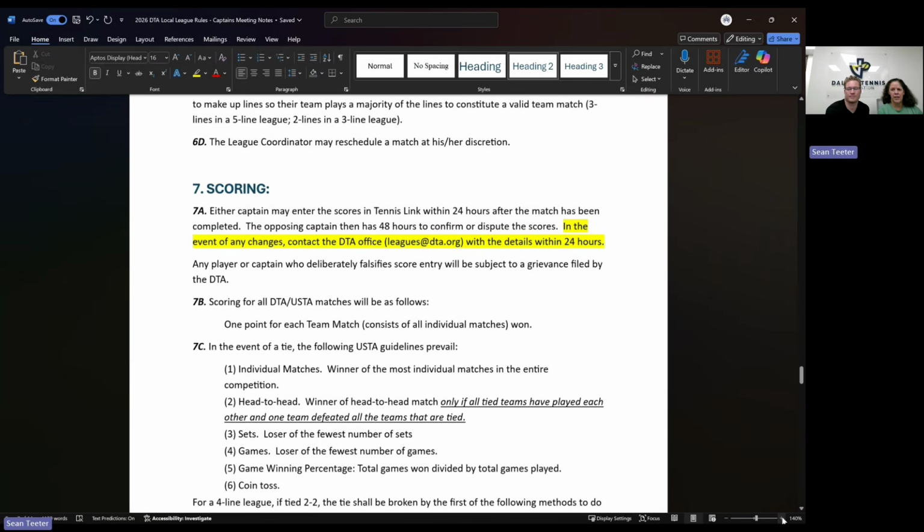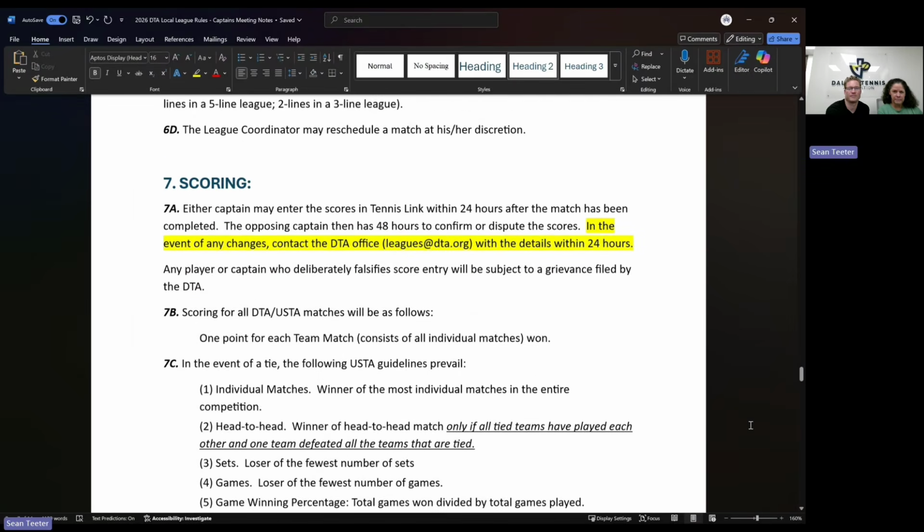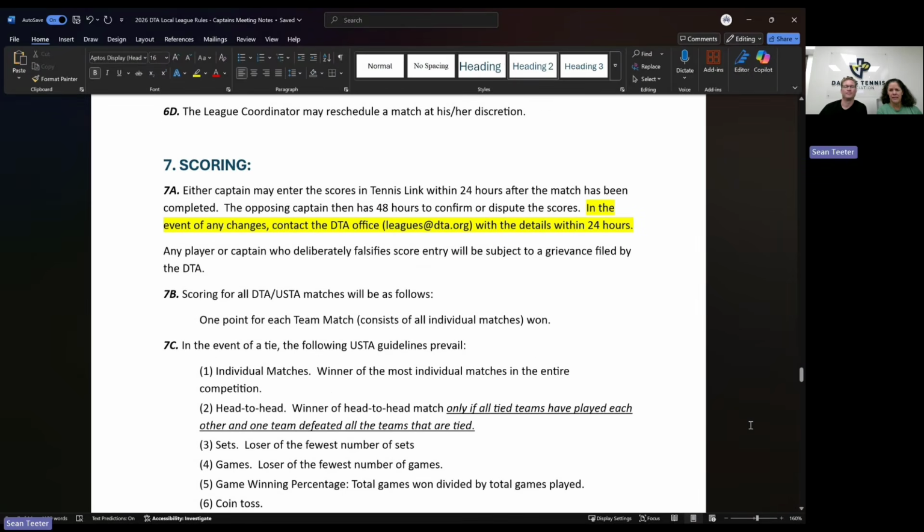So within a week of the match being played, I need you to send me the score correction. You need to copy the opposing captain on that because I need their approval to change the score as well. Okay, so make sure I get both captains' approvals and it's within a week of the match being played.